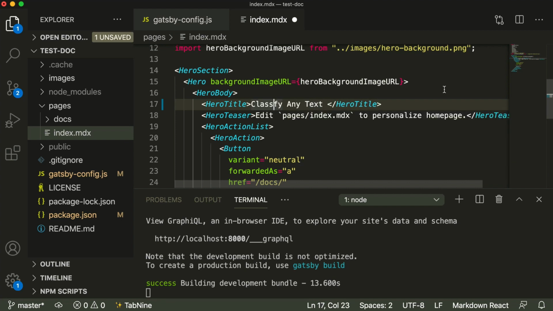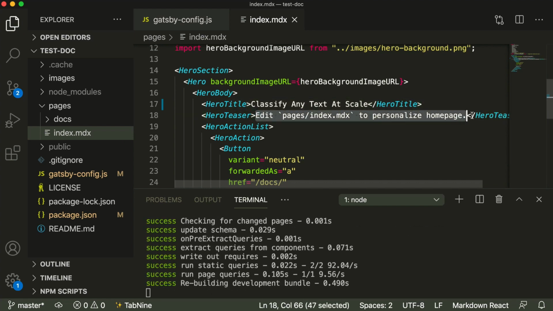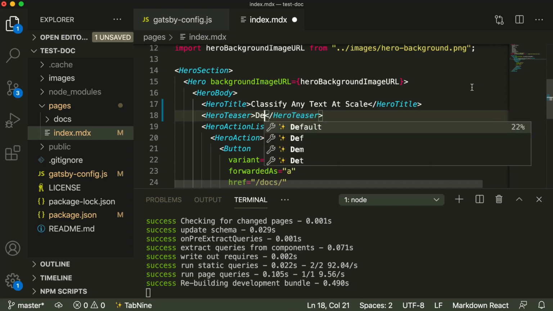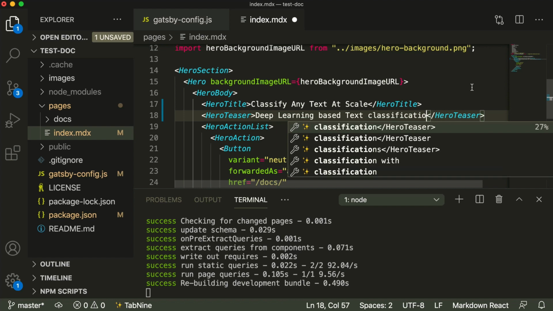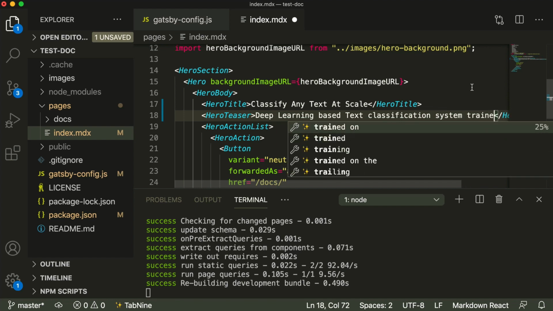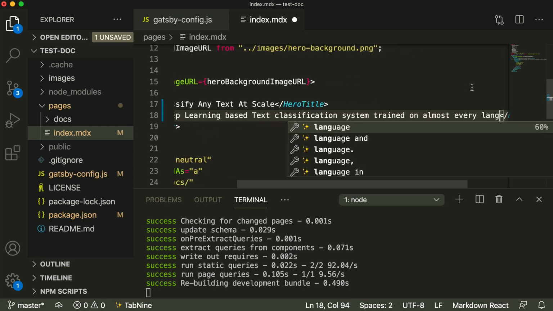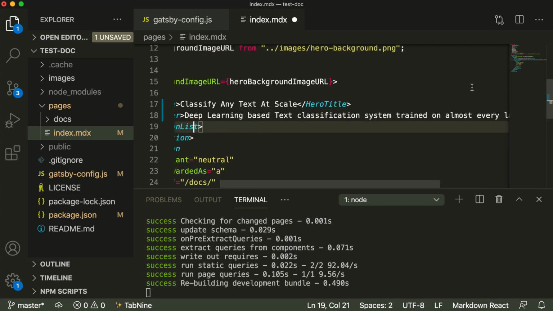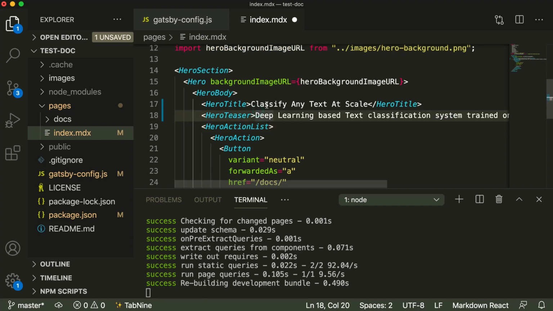Sorry, I have to make it classify any text at scale, and I will give a description as deep learning based text classification system trained on almost every language. So this is our title and the description of our project.